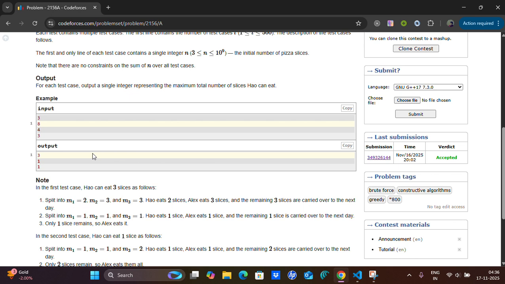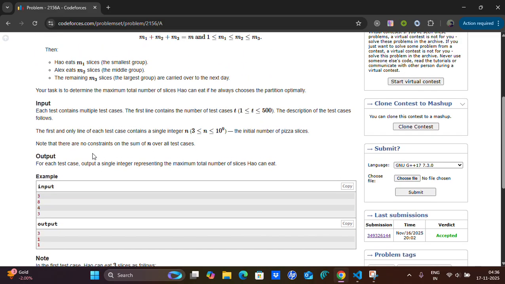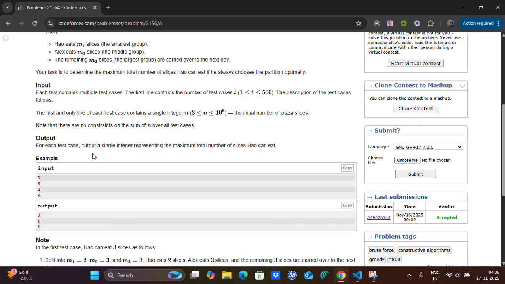And I have 3 pizzas, and I have to divide them into 3 groups. So it is simple. I can assign 1, 1, 1 pizzas to each. So m1 will be 1, m2 will be 1, and m3 will also be 1. So from here, I can see that again the value of m1 is 1, and how again will be eating one more pizza. How had already eaten 5 pizzas, so 5 plus 1, now it becomes 6. And again the value of m3 is 1, which means that one pizza slice will be carried over to the